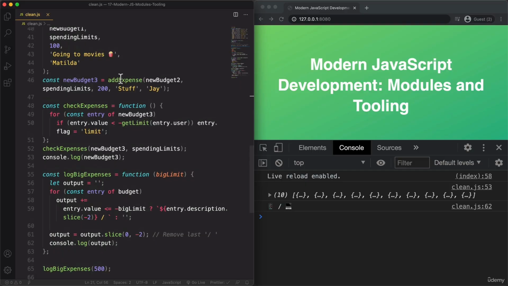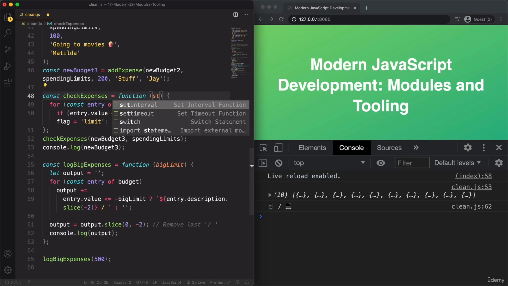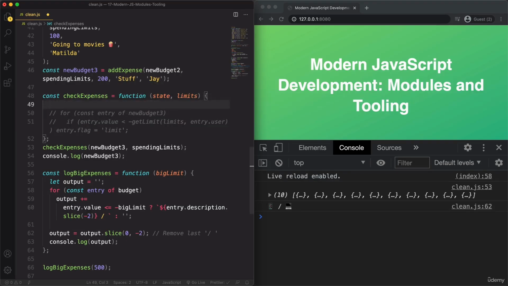Now, okay, so let's do the same here as well. So here we want to then receive a state. I'm going to call it state to keep it neutral, just like before, and then calling it limits once again. So here again, we want to pass in limits and then the user itself. But now let's finally actually replace this entire loop and instead loop over the state using one of our